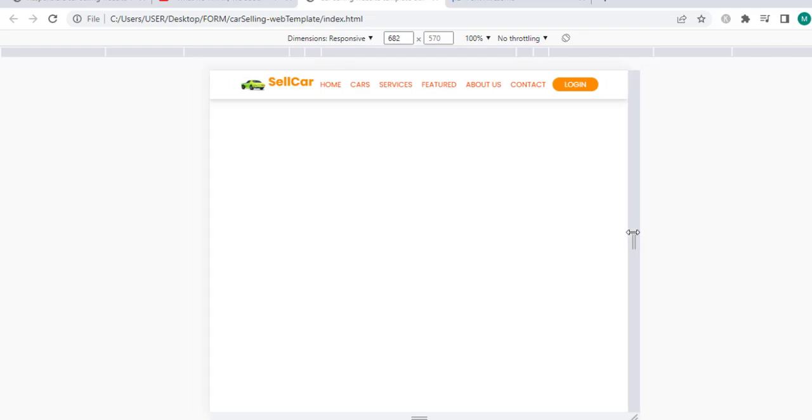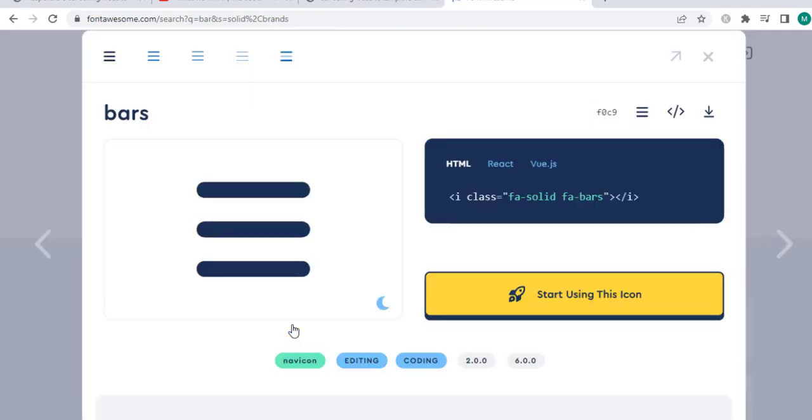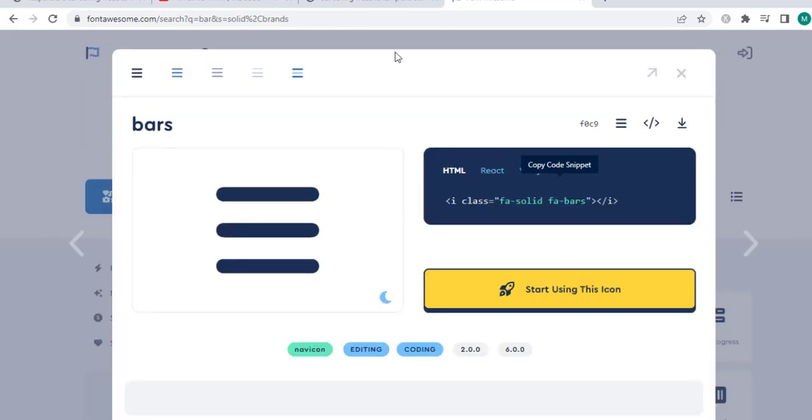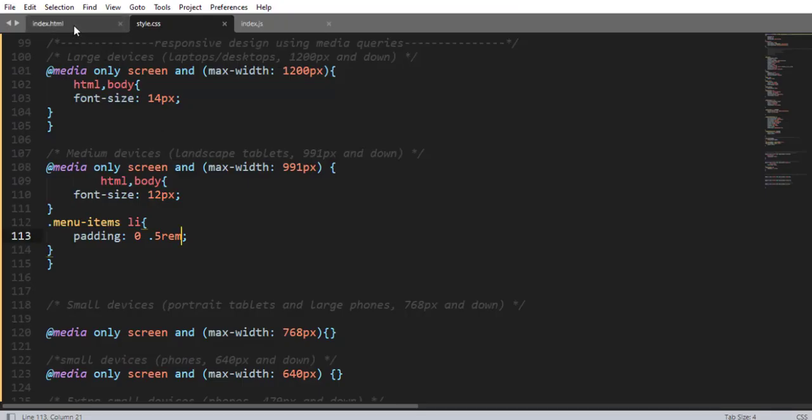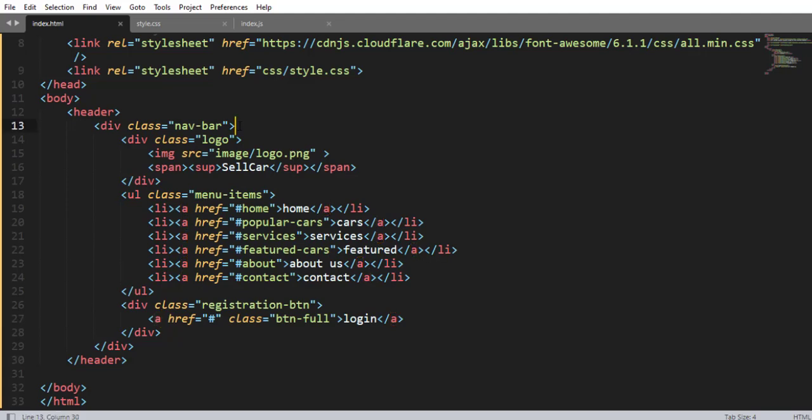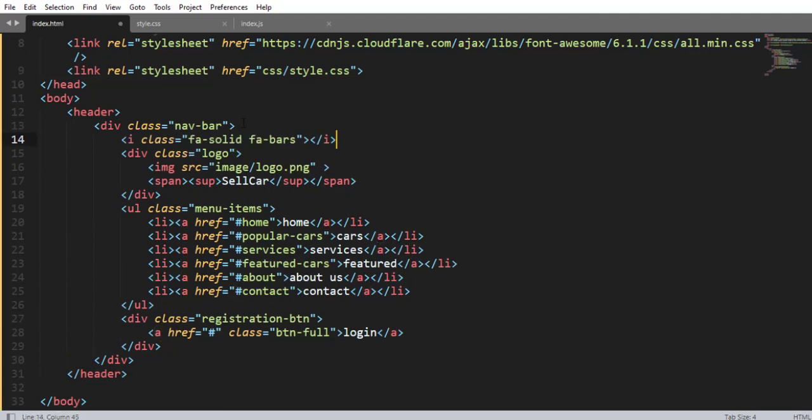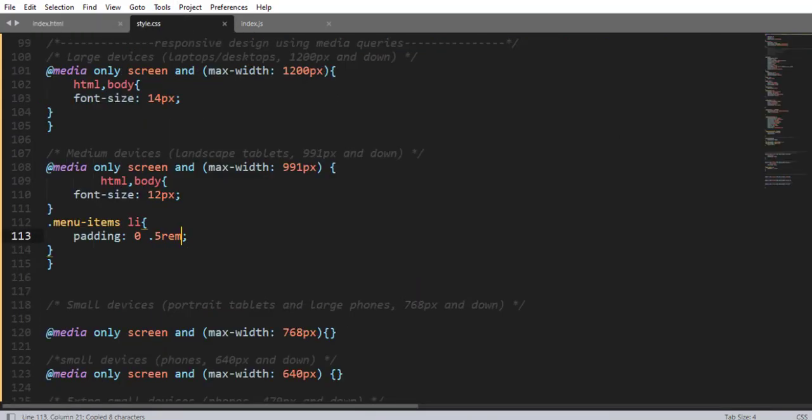Alright, now it's time to add a toggle menu right here. To do this, first come over to fontawesome.com and find the bars icon right here. So copy this HTML link and come over here and paste right here. Here we have it, right? And now what we are going to do is add an ID right here, and the value of the ID, let me say menu bar. So now using this ID selector right here,